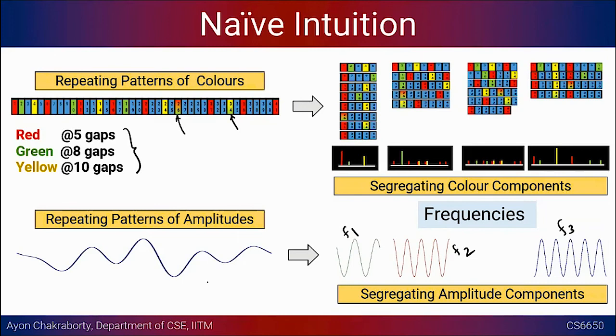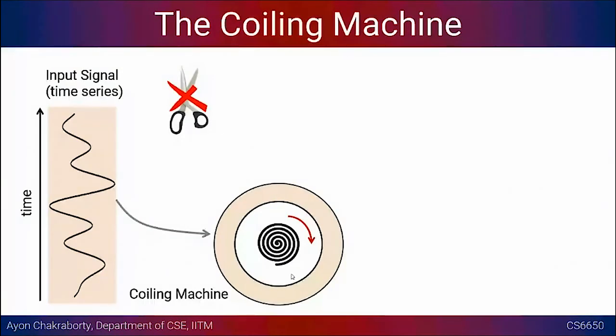So this is the thing that is coming from the sensor. Our idea is to do the other way around. Nobody is going to give you f1, f2, and f3. This is just for understanding the problem. We are going to figure this thing out. Our task is to figure out f1, f2, and f3. For doing that, a popular way for teaching this is making use of this coiling machine.